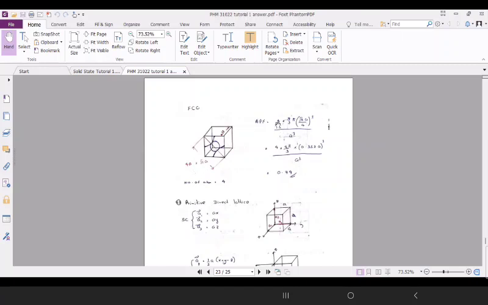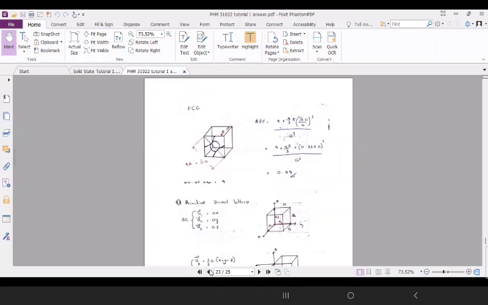So you have to get the number of atoms. In this case, you have to get the idea of the number of atoms and the volume of all those atoms. First of all, you have to get how many atoms are in this particular unit cell, and you have to get one atom's volume, and then the total volume of the atoms. And that a cube should be the volume of the unit cell